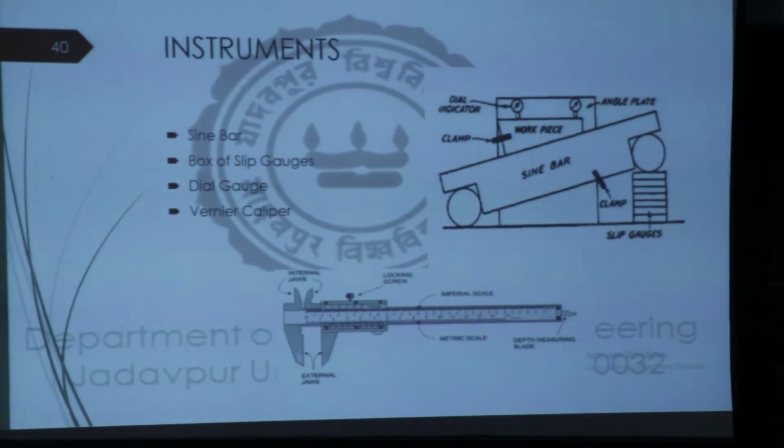In the sine table, the unique thing is that the 2 rollers are of different size and 1 roller is hinged. You have to place your job and then go for the measurement. This is the dial indicator you have to use to make this top surface parallel. That will be shown when the experiment is carried out. Do remember, the dial indicator, also called dial gauge, is an example of a mechanical comparator.